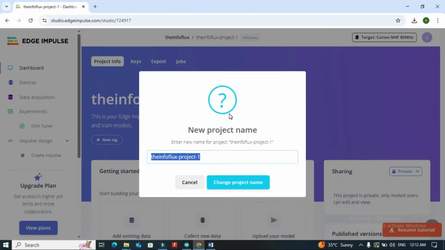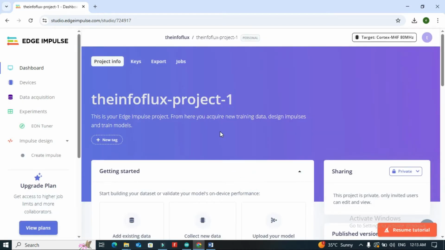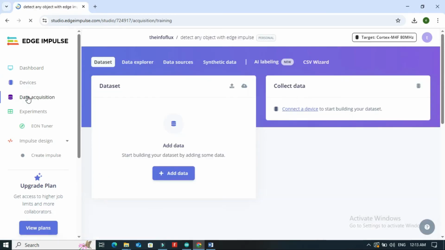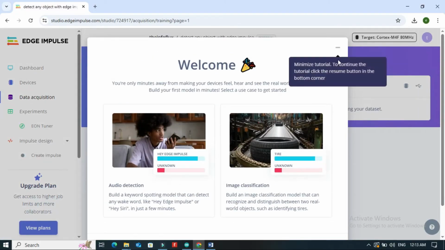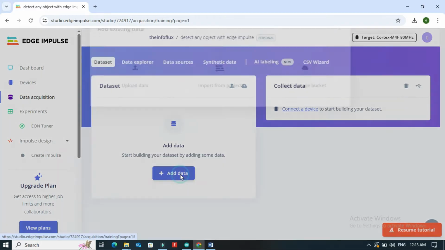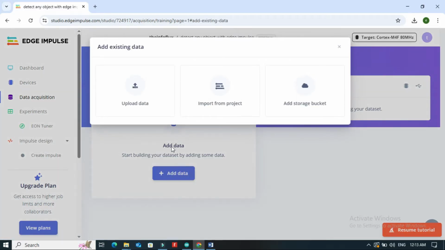Now go back to Edge Impulse. Give your project a name. Go to Data Acquisition. Add data. Upload data.